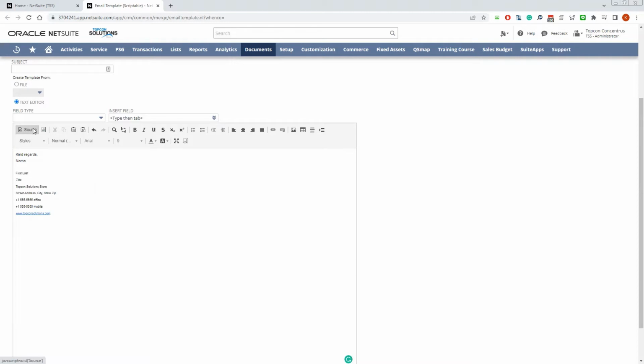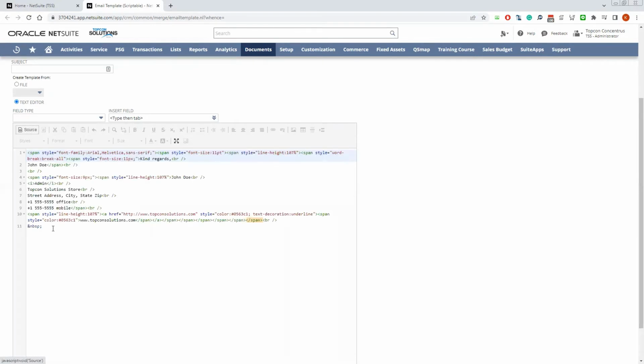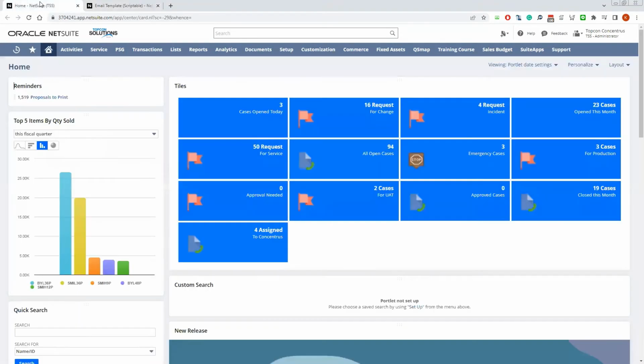And after that, you will need to change it to source. So obviously I will need to substitute the name with the actual name that I need. Same with here, the first and last name, and then the title should be admin, for example. And I can go ahead and do a source here, and it's going to get me all this file. I can copy and paste everything if I wish,